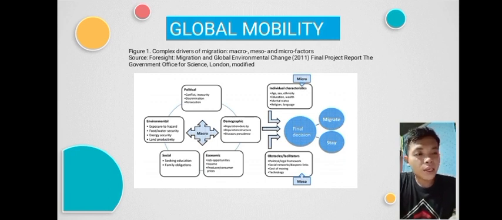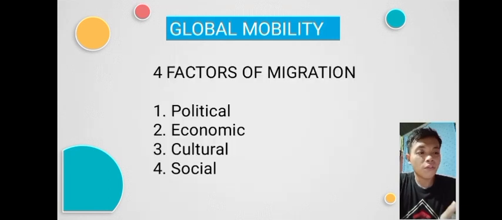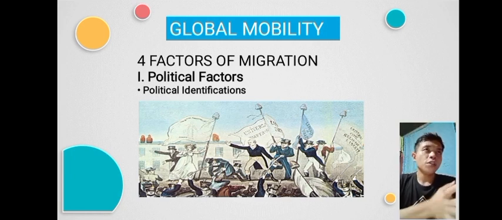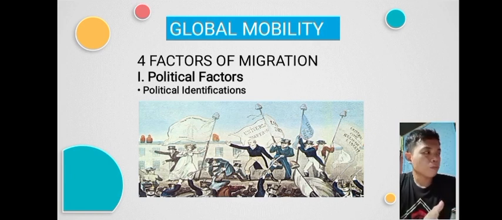So let me explain it more briefly. Overall, there are four factors of migration. We have political, economic, cultural, and social. Under the political factors, these are the common political factors that drive an individual to leave his or her own country. First, we have the political identifications. For example, if an individual does not agree with the political identification in his or her country,